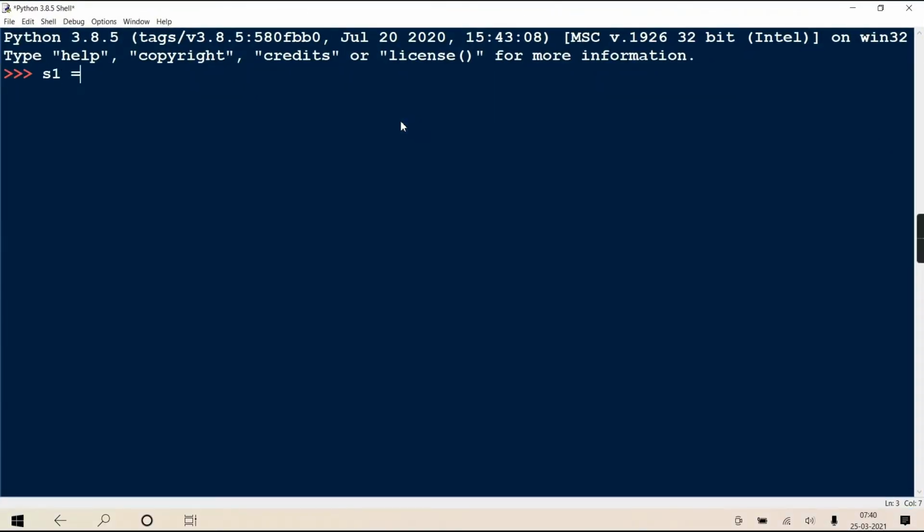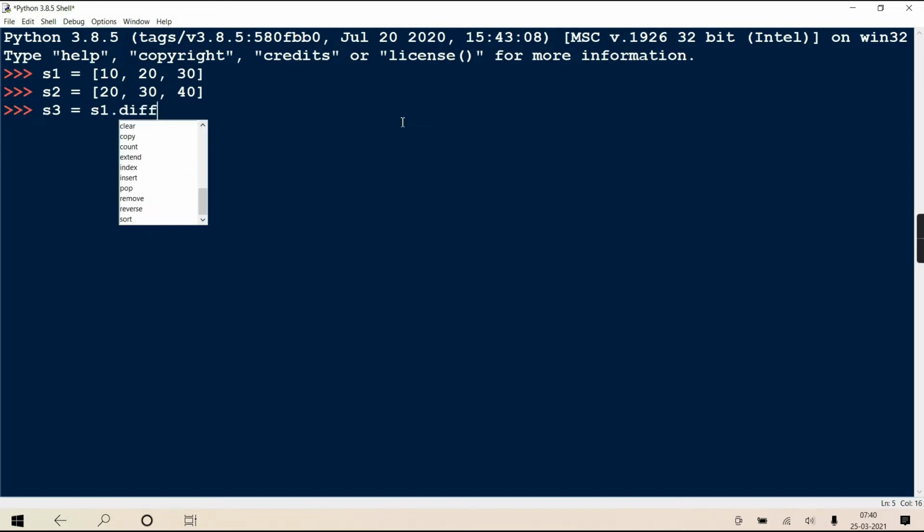Suppose S1 is one set, 10, 20, 30, and S2 is another set, 20, 30, 40. So S3 equals S1 dot difference S2.